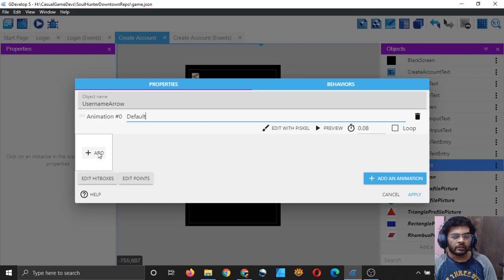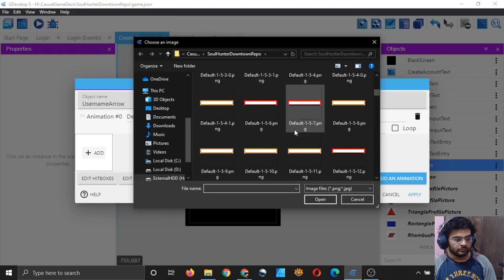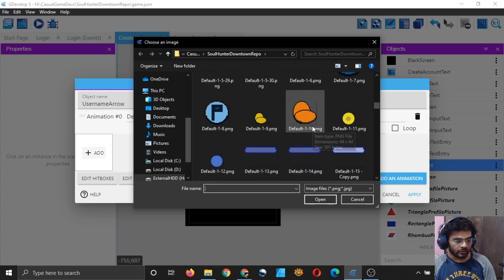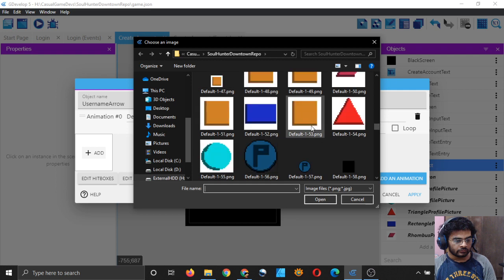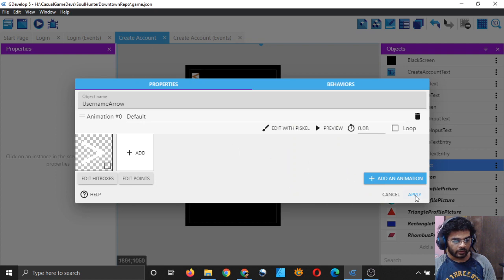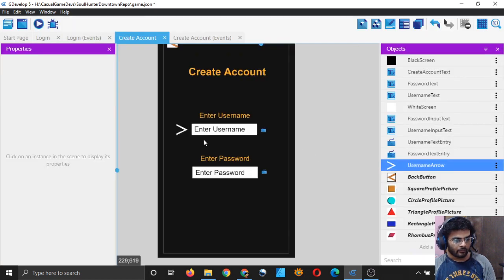I will simply add it because I don't want to do any changes in that. This is the one, but it's in white color. There it is. I think this one is the, yeah, 64 cross 64 size. I will apply it and I will drag it here. Yep, this is the arrow. So that's good.